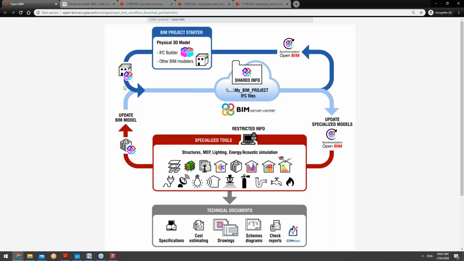Okay, perfect. So before I get started with BIM Server Center, just a quick look at the workflow that we like to use. Now, this is a bit of a dated model because I couldn't access the newer diagram, but it's basically the same thing. Before a project starts, we'd start off with a physical 3D model. This physical 3D model can be, as you can see here, modeled with our own native architectural modeler, IFC Builder, or we also have the